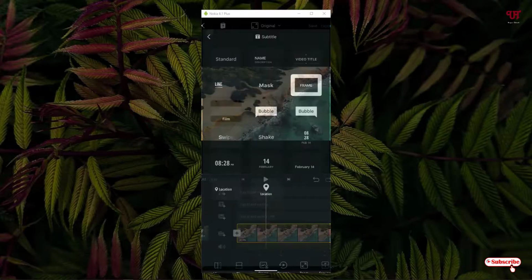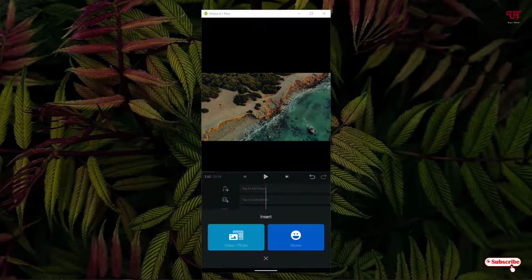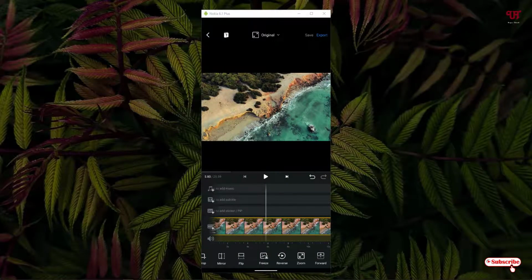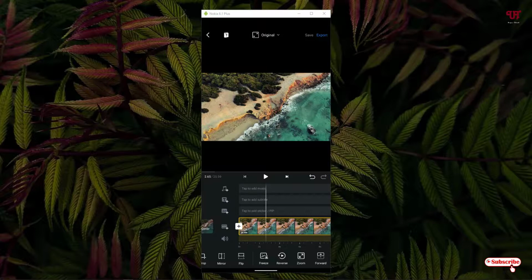use this text option. And below it is a picture option, so that you can use any background or video in the video itself. So you can use this option to add a video or pictures within your video, or you can add stickers also, like emojis or anything. Then you can choose the stickers application. So I have almost shown you all the features here, and you can see on the right corner